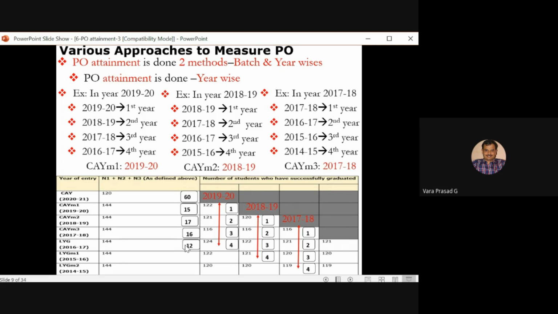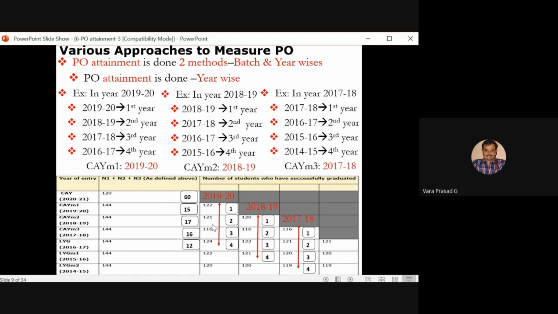Now, one drawback of this is that you need to take different sets of students here, not only one set of students. Whereas in batch wise, we take only one set of students. But when it comes to year wise, you have to take different batch students. This guy is 2019 batch. Here is 2018 batch.